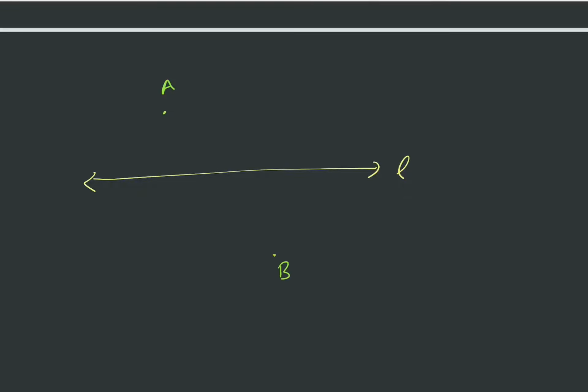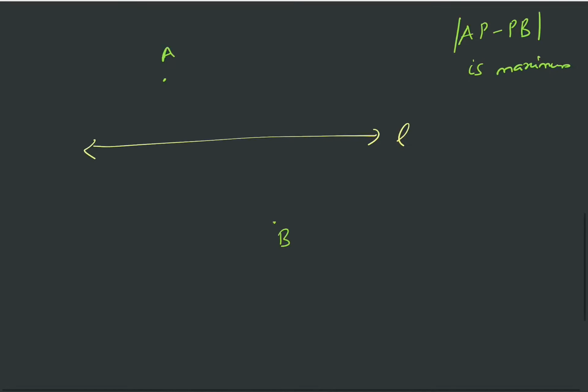Now what we have done is, in the same question, that there is a line L and there are 2 points, but here the points A and B are on the opposite side of line L, and we need to find a point P on this line L such that AP minus PB is maximum. So here what I am doing is I am taking the reflection of point B about line L. So say this is the reflection of B about line L, call it B dash. Okay, so this is perpendicular and these distances are equal.